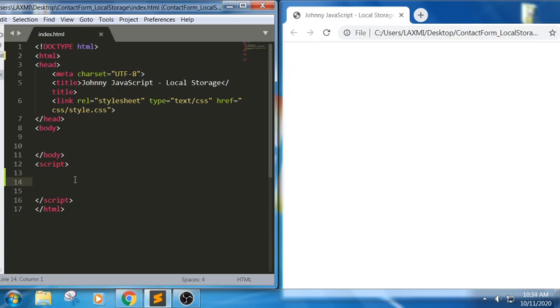Before HTML5, the application data used to be stored in the form of cookies. It will be included in each server request. Local storage is used to store the data locally without affecting the website performance. If you understand the statement, it is a little bit complicated. If I want to convey this in a simpler way, we can say it is the ability to store information locally in the browser. If you want to store information locally in the browser, we can use this concept of local storage.